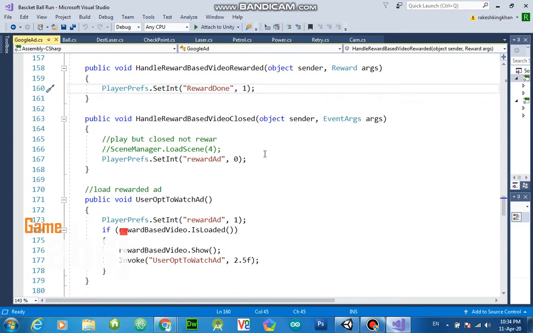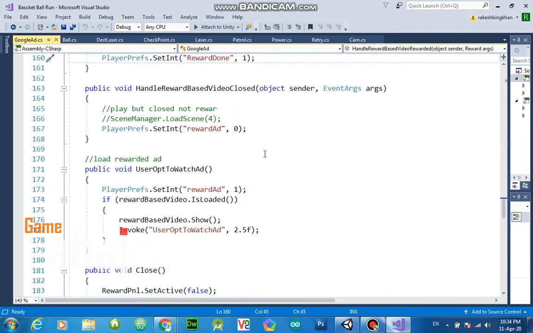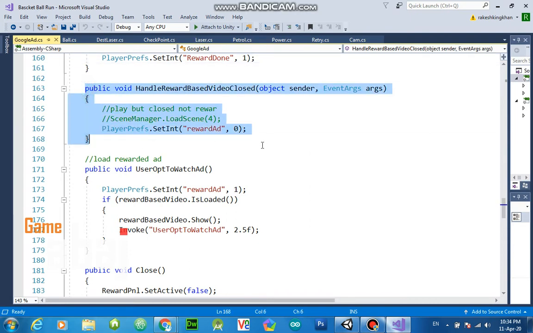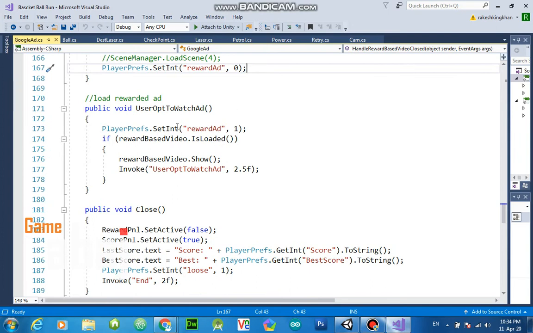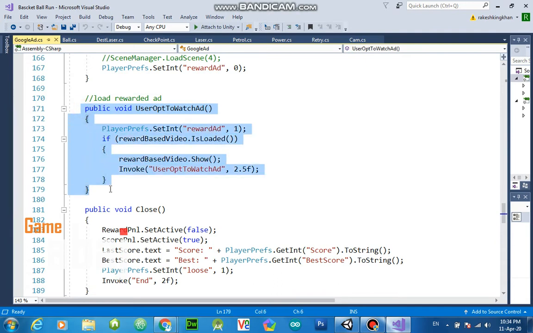If someone does not watch your whole video and closes it in the middle, then this function is called, and I just set the player prefab reward to 0 to track it. This function loads the rewarded ad, and you have to call it from a button when the user opts to watch an ad.